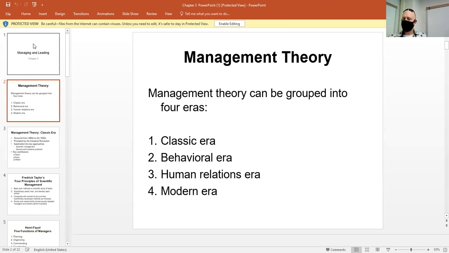You need to read this chapter just like all the rest of them, but this is one that you actually will get more out of reading, because the slides aren't quite as clear for this one as some of the others. But this one is about managing and leading, which sounds good because that's an important thing for us. But it goes into some different things like theories and such. When you start getting into theories,